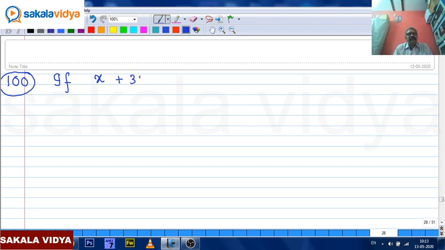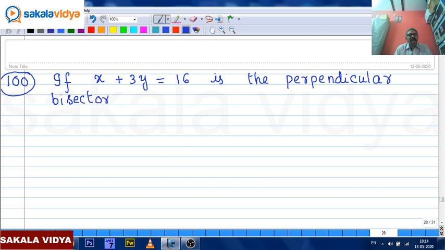If x plus 3y is equal to 16 is the perpendicular bisector of AB bar and A is 5 comma 7, then B is